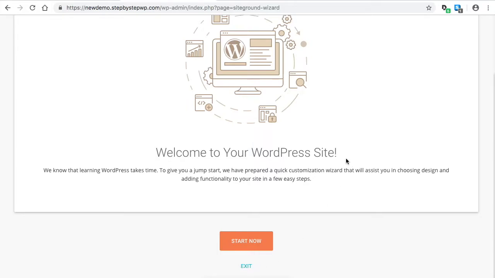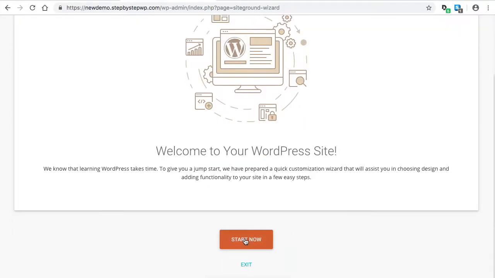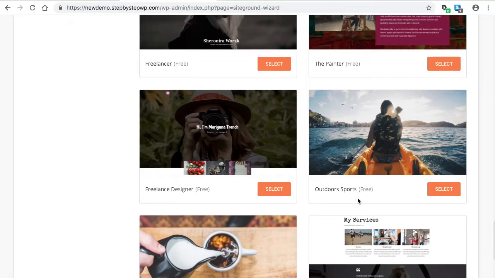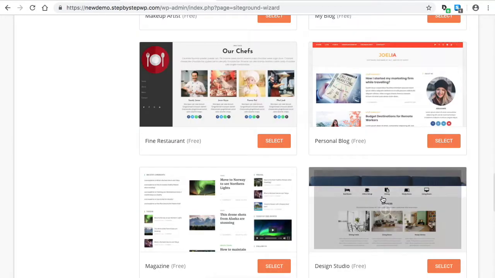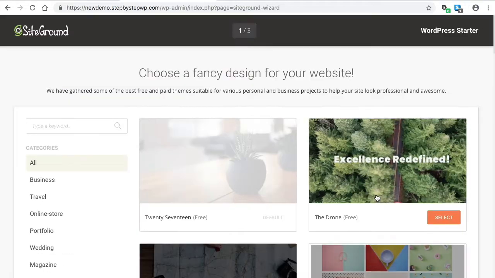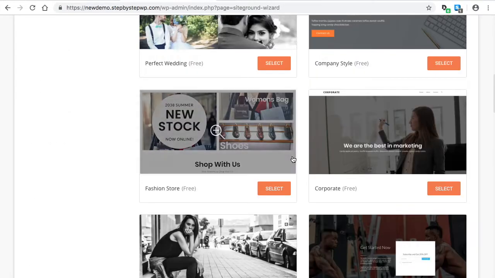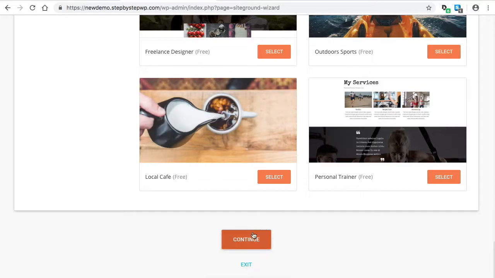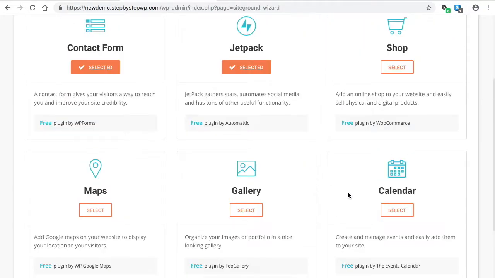If you click Start Now, you can just click through the screens. It gives you some themes to choose from. I'm going to show you the awesome theme that we're going to use, so you don't have to click anything on this screen. Just go down to Next, and then